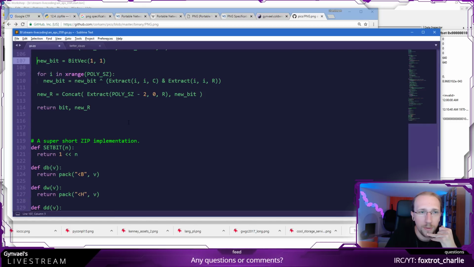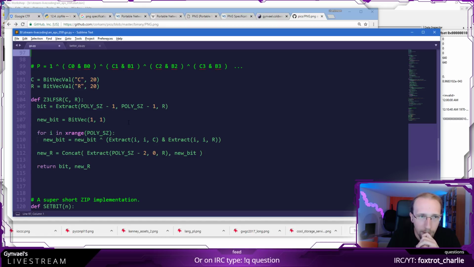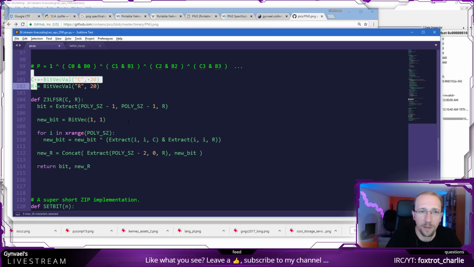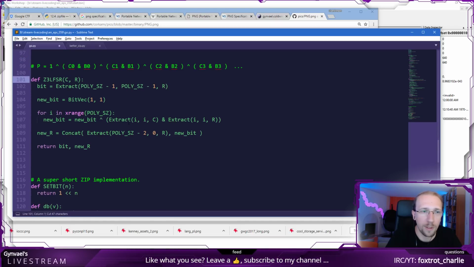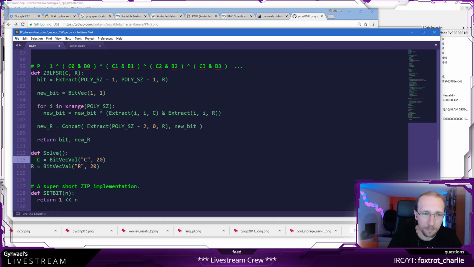Now, what I need to do is, I'm thinking, okay, I need to probably create a function around it, because I do need a function around it. So let's do it like this. Solve. Yeah, that's a great function name.